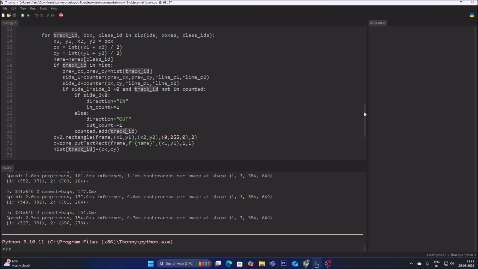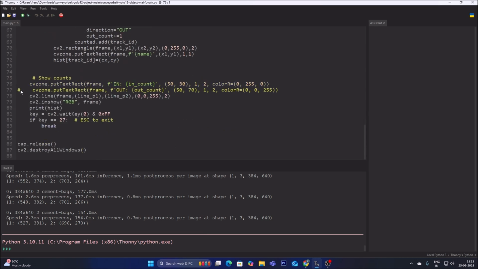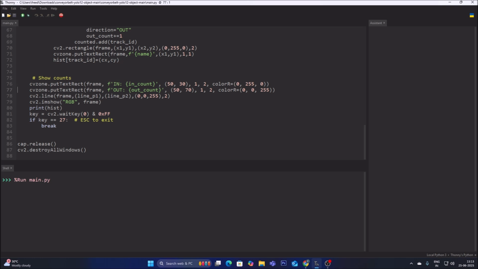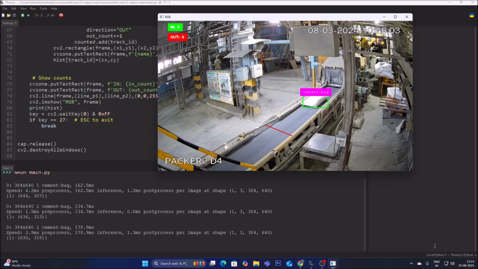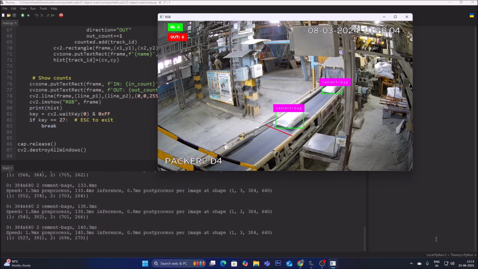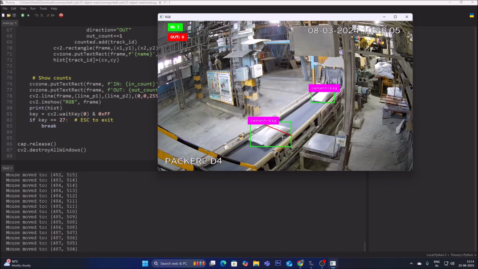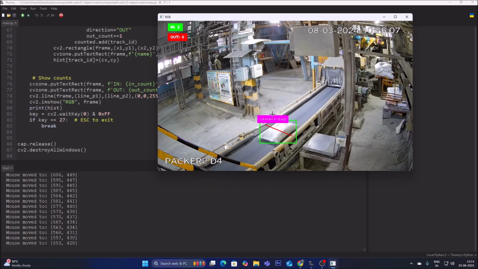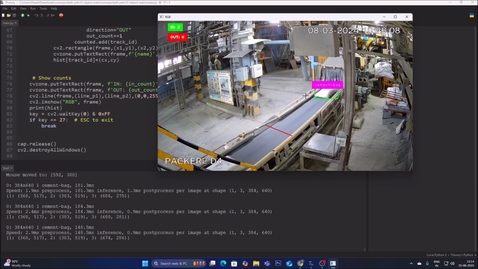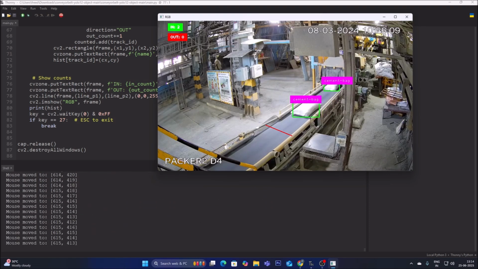Now let's just save the code, and here I have mentioned the cvzone.putTextRect method. It will put the in and out count on the frame. So let's just watch. As you can see, this bag crossed the line, in count 1, means we counted one bag which is going in. Now there is another bag, counter increased to 2. There is no out counter, there is only one side counter, but we created an out counter also. So this is the third bag,